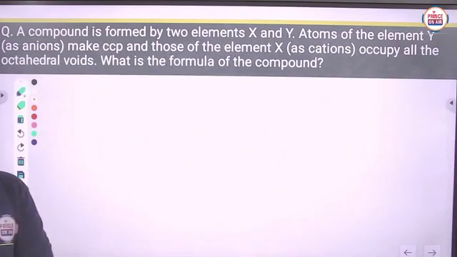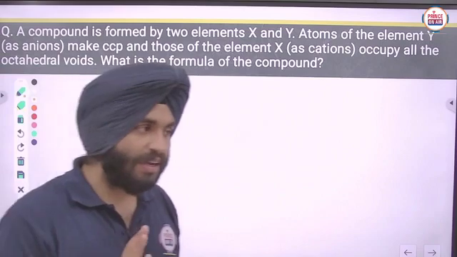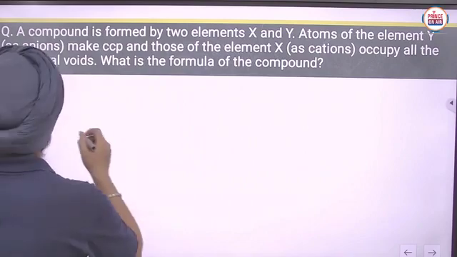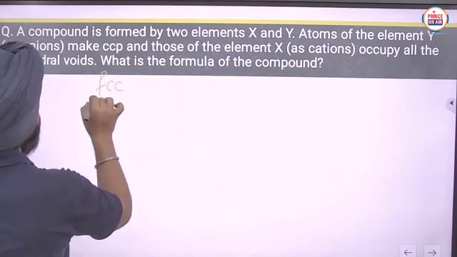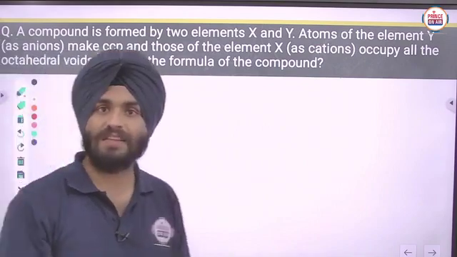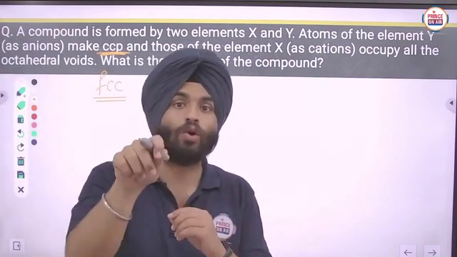CCP arrangement means, can you tell me the CCP arrangement is just similar to which type of arrangement? It will be just similar to FCC arrangement. You can note it down.